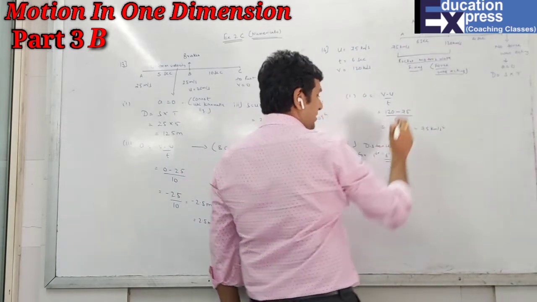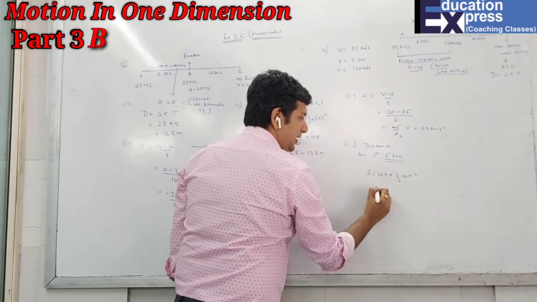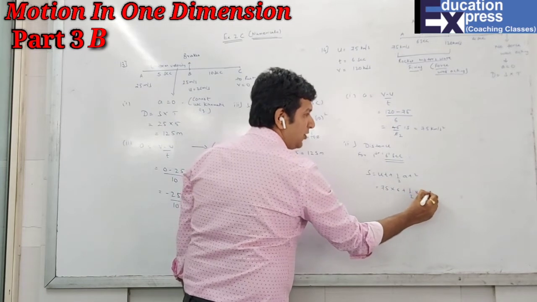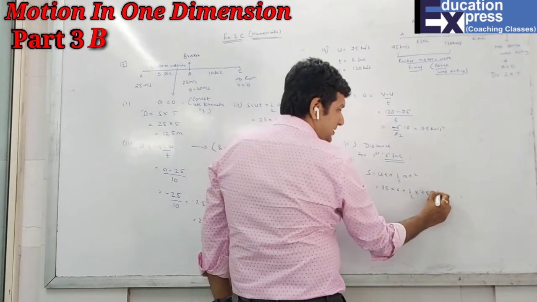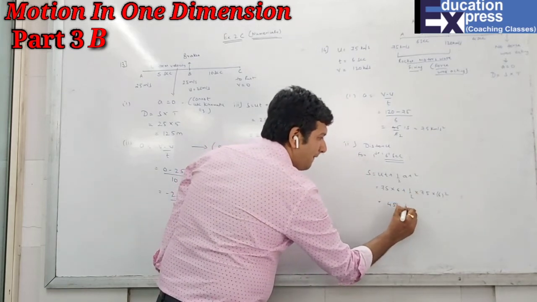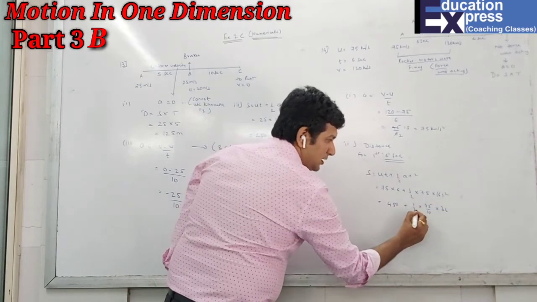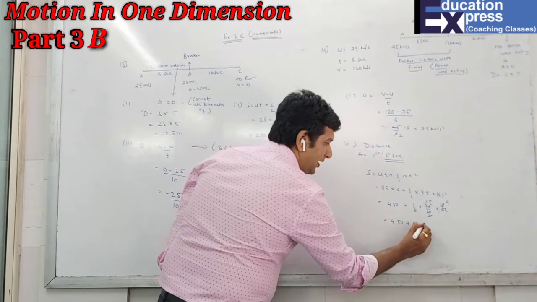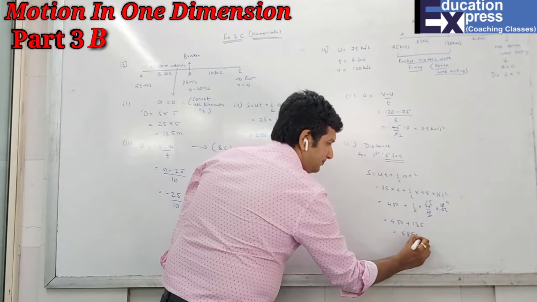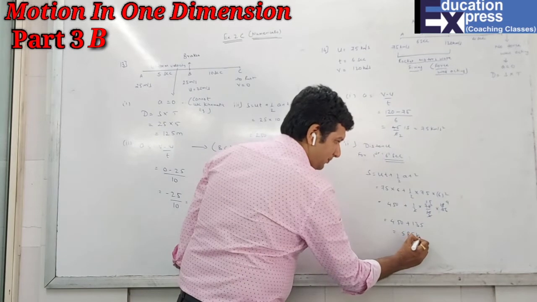I know that it was accelerated, so I can use s equals ut plus half at square. Initial velocity was 75, time as they have given is 6, half, acceleration we just found as 7.5, and time is again 6. 75 times 6 is 450, half, remove the decimal, 6 square is 36. So 2 ones are 3, plus 135 is 585 in the first 6 seconds.